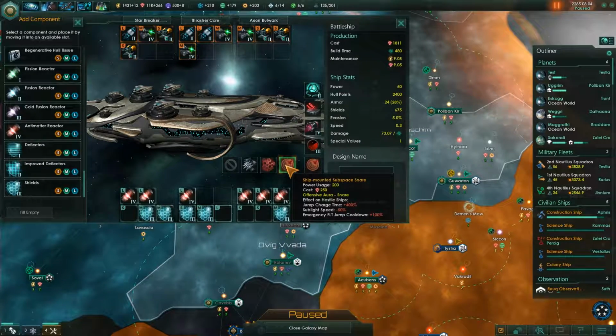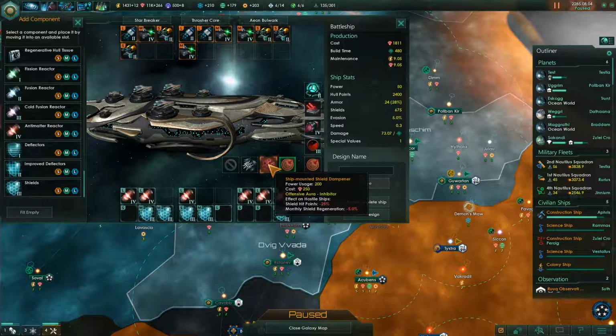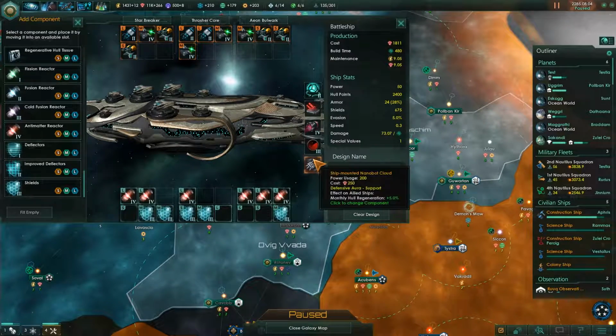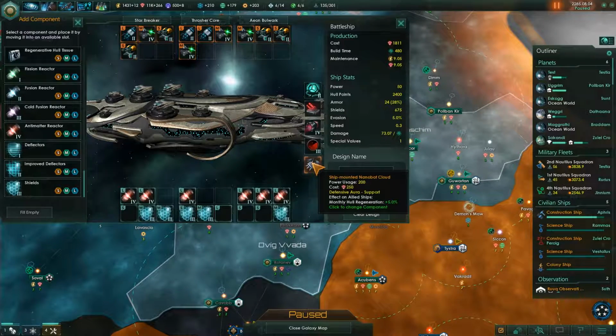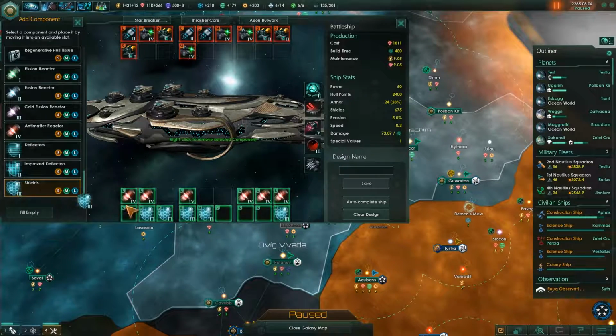So, ship-mounted subspace snare is... Alright, so it keeps them from jumping out. Shield dampener. It hurts their shields. Oh, this is really nice. Ship-mounted nanobot cloud. So what this does is it repairs the hull progressively. And shields-wise...